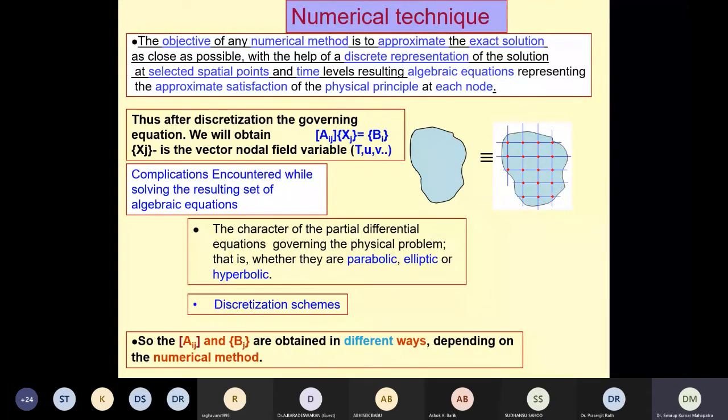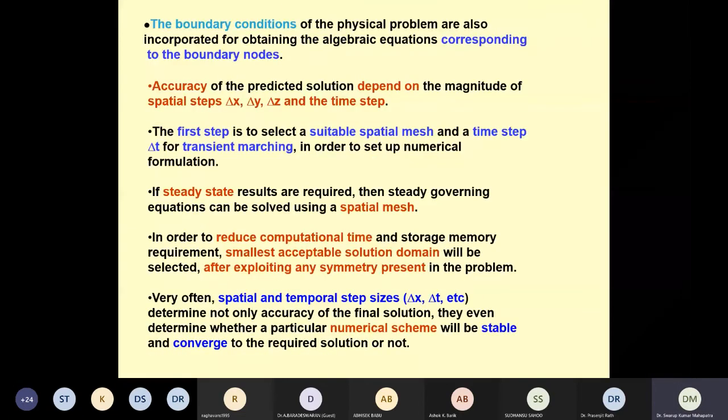Okay, what sir was mentioning, that collocated grids and the cell centers are those points, those nodes. We need to find out these dependent variables such as temperature, velocity U and pressure, depending upon what you are searching for. So what is the target now? That is the spatial mesh, time step, meaning what is delta x, delta y, what should be the time step, and the scheme. That becomes the total objective of any numerical scheme, numerical method.